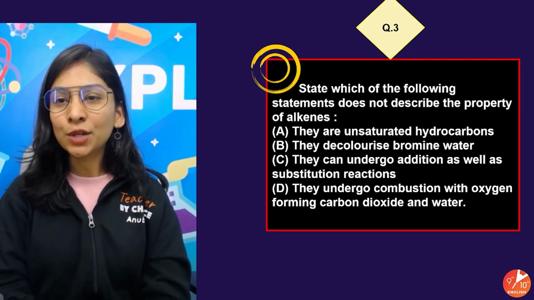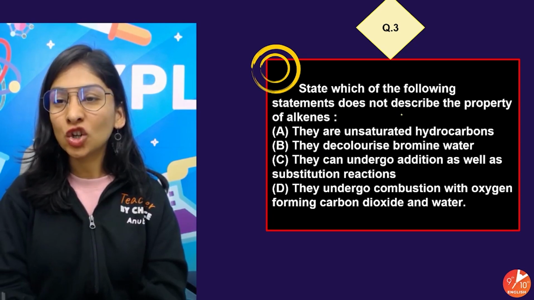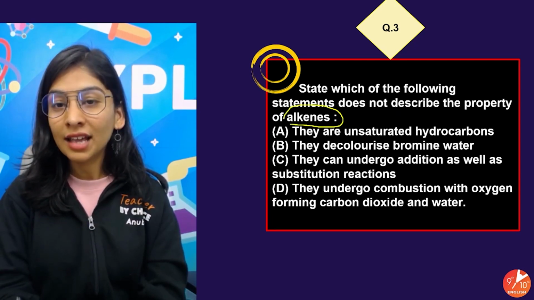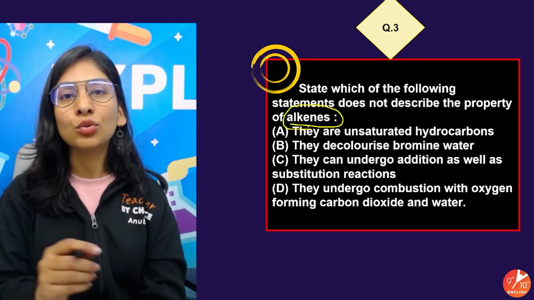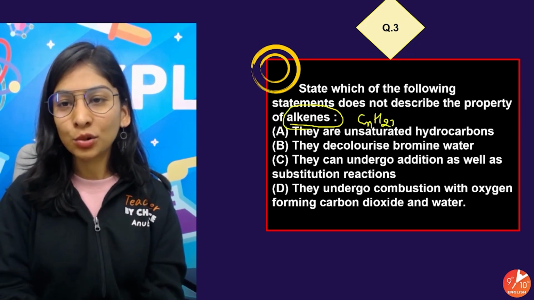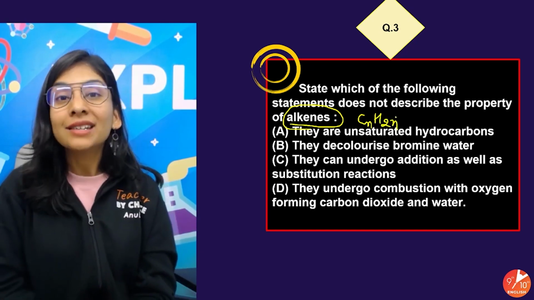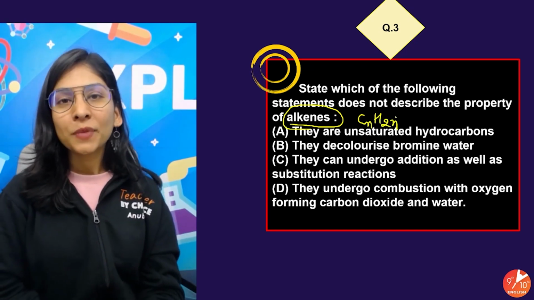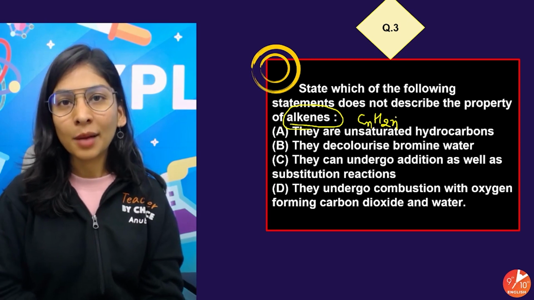Next question is, state which of the following statements does not describe the property of alkenes. Now the question is regarding alkenes. An alkene has a general formula CnH2n. These three questions were quite important because in a way we'll talk about all the possible hydrocarbons that we must